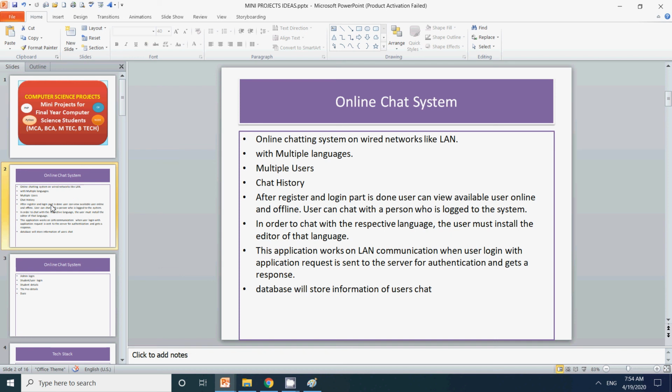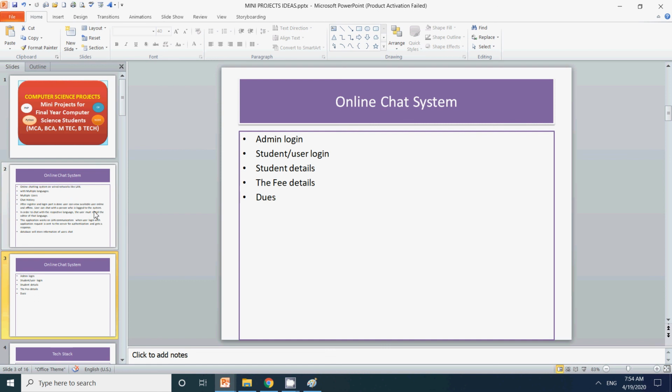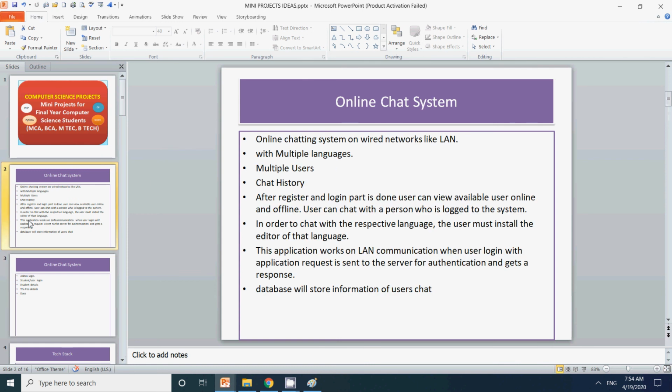And in terms of security, you can store the password in MD5 or any encryption technology, so that even if a person has access to the database, he cannot get the password. And if you talk about the modules, the main modules that will be there in this project will be the user login module. Then you have user login, then the user can log in. Then you have an admin who can create different types of users.